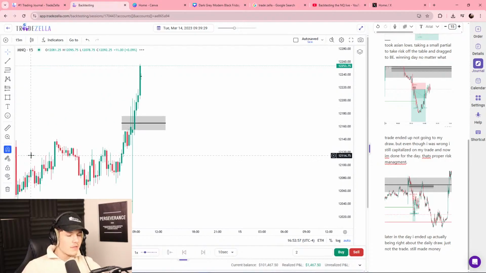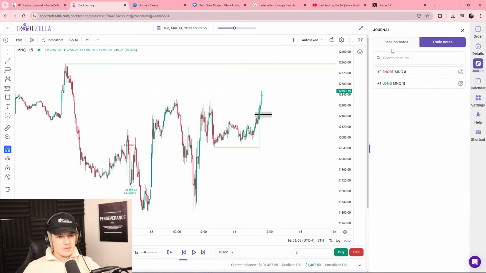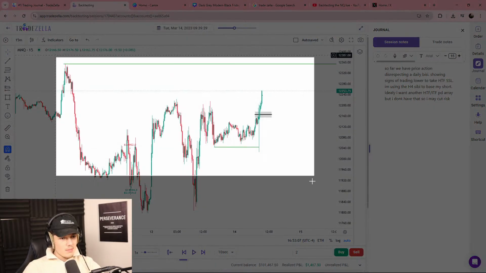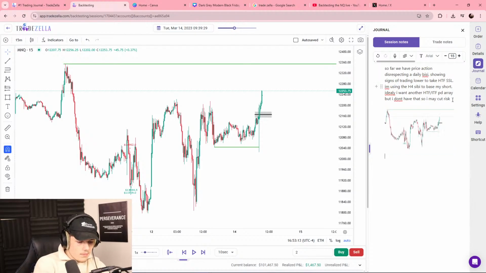Now, before I look for a trade, I'm going to go into the session notes and put this screenshot here. By the looks of it, this daily profile is LRLR, and we will probably be looking for a long in a premium for IOFED.